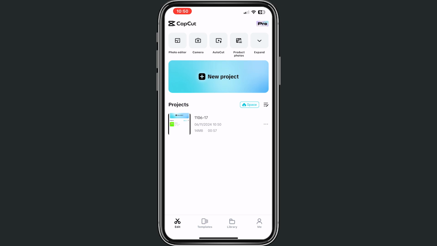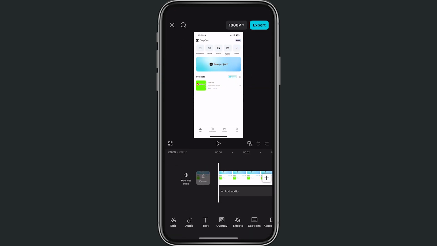And this is quite simple, so let's start this tutorial. Alright, first find a project where you want to crop this. Then please click on the edit option left in the bottom, and then from here we go to the option